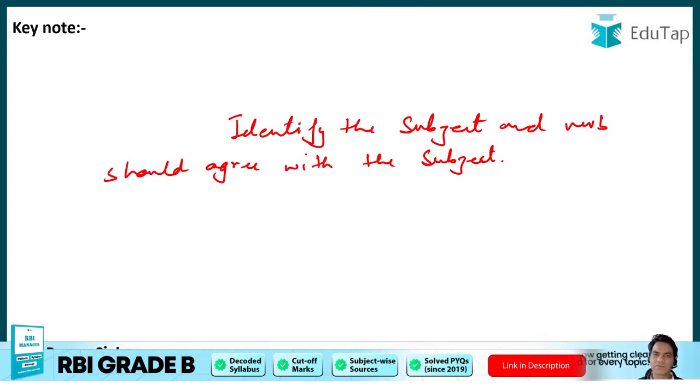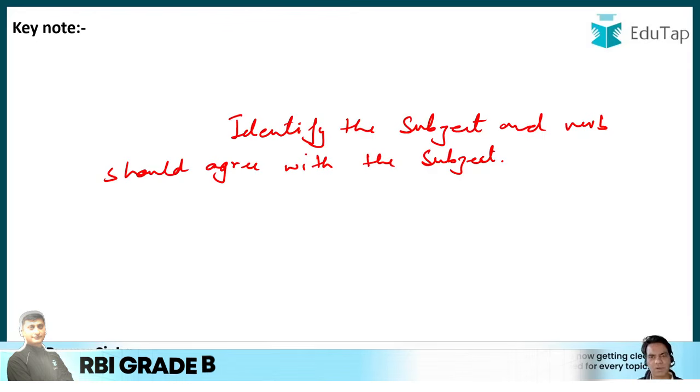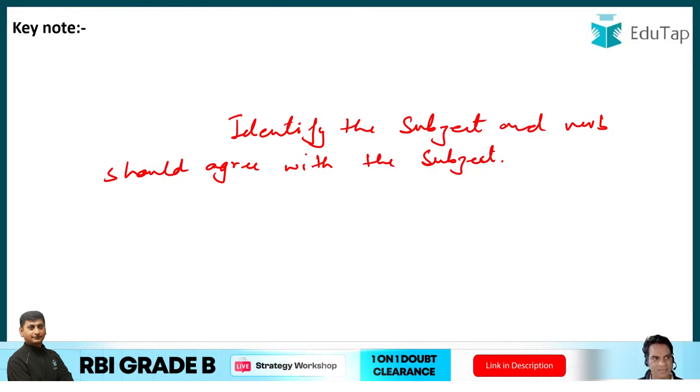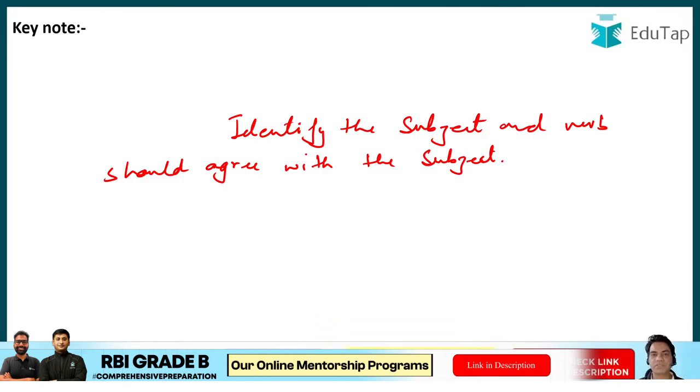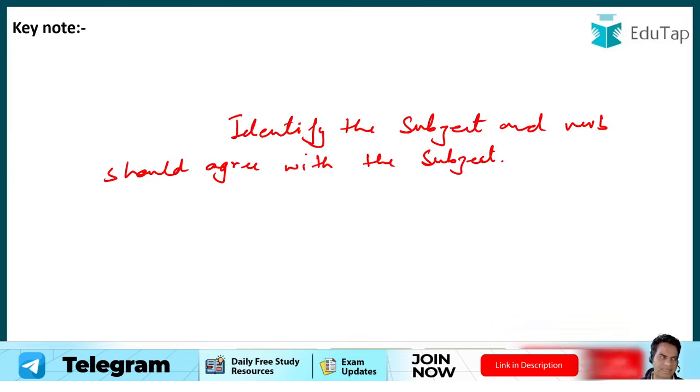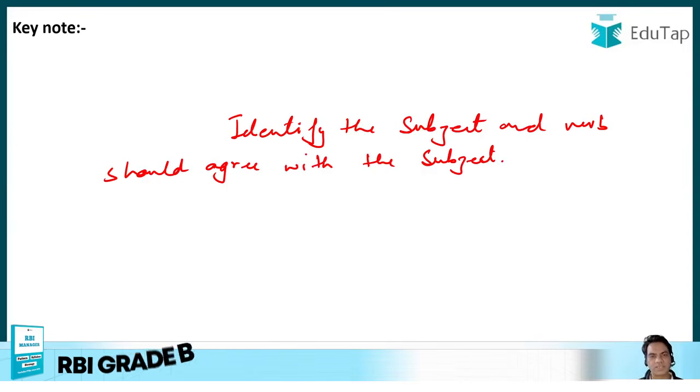A number of will always take a plural verb, whereas the number of will always take a singular verb. And last we saw that if a sentence begins with there, you look at the next noun to decide the verb. Now guys, I'm giving you the previous year questions of the last 5-6 years, maybe 6-7 years, as many questions as I found. Now you have to answer these questions in the comment section of the video.